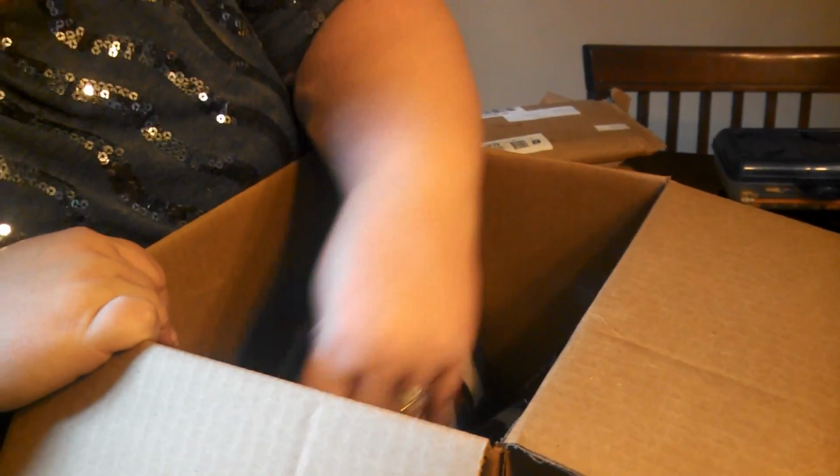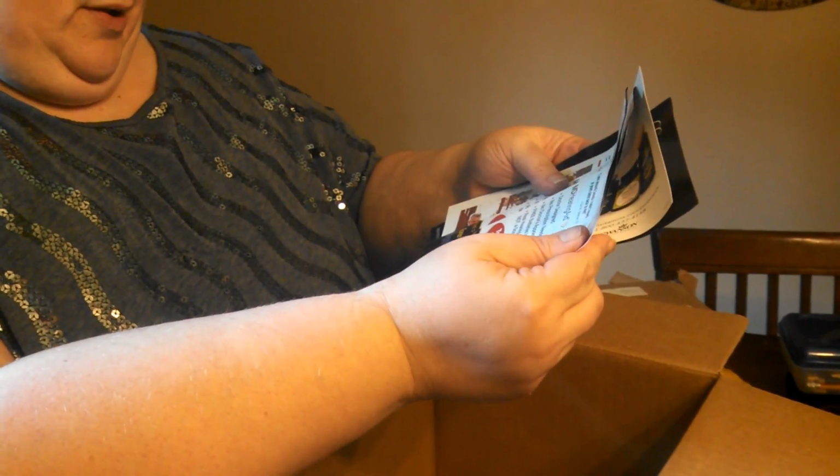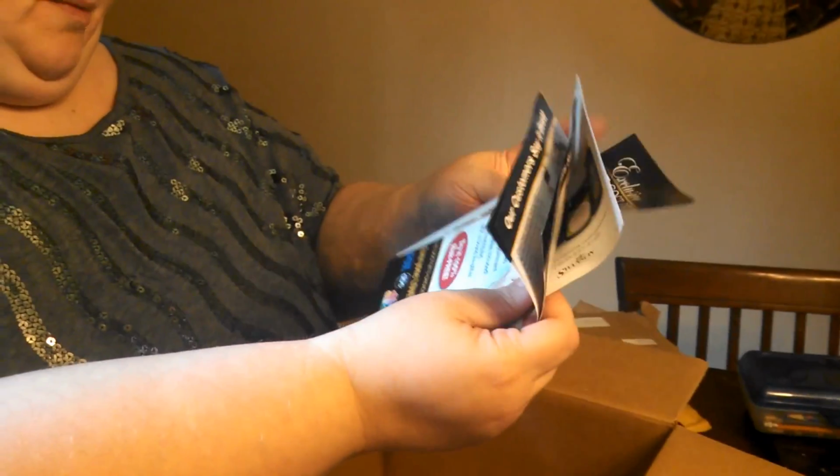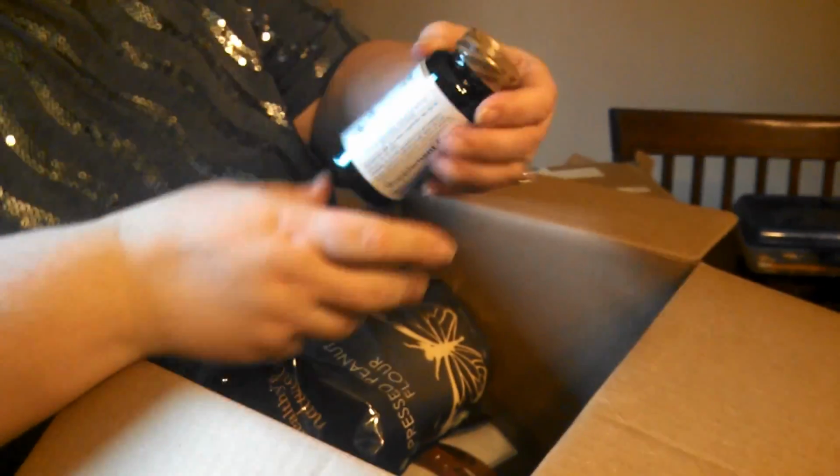Let's see what else did I get. What else in here? Just some papers. I think these are basically junk mail and then advertisements for some of their brand vitamins. So we'll put that away. There was packing stuff in there. And then there's another